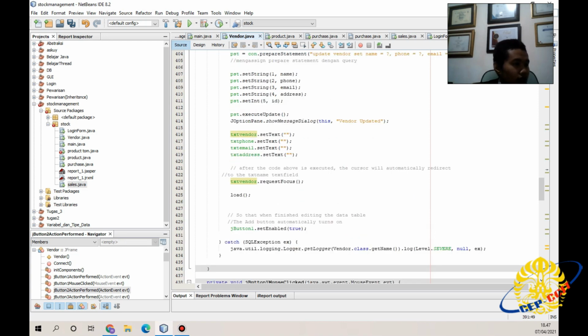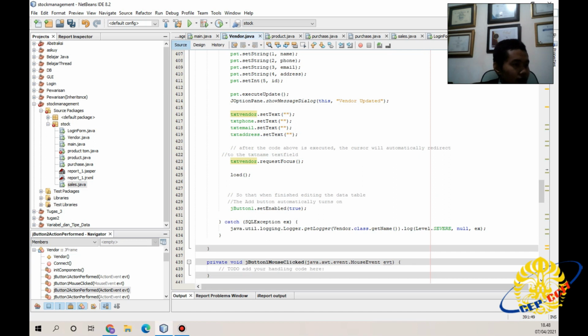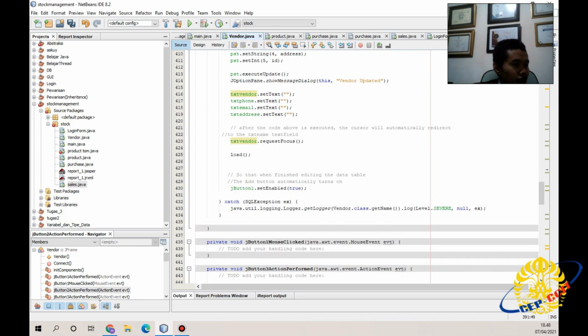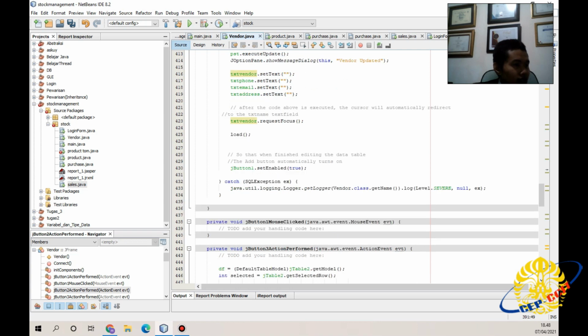If successful, the JOptionPane will display vendor updated. txtVendor.setText, txtPhone.setText, txtEmail.setText, txtAddress.setText, and then txtVendor.requestFocus. After the code above is executed, the cursor will automatically redirect to the txt name field.